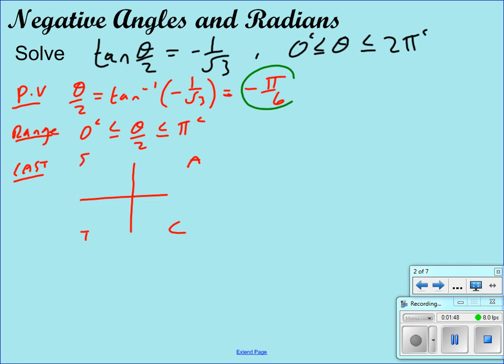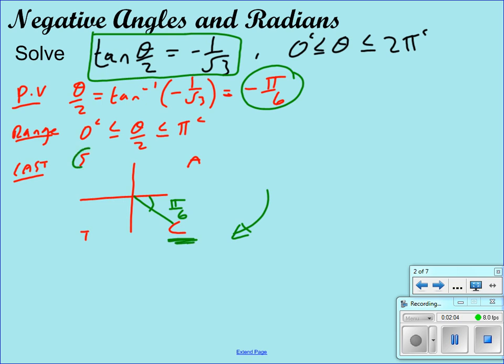This negative pi over 6 means in the clockwise direction, so this is pi over 6. And here we're looking at tan being a negative number. So here we know tan is negative, because only cos is positive. And here tan is negative, because only sine is positive. So I can draw my pi over 6 here. I can then say, through solving then,